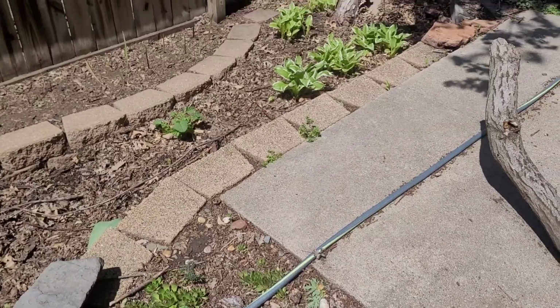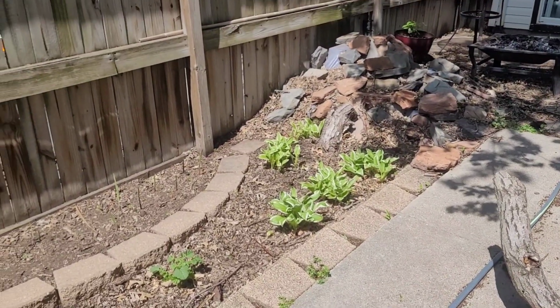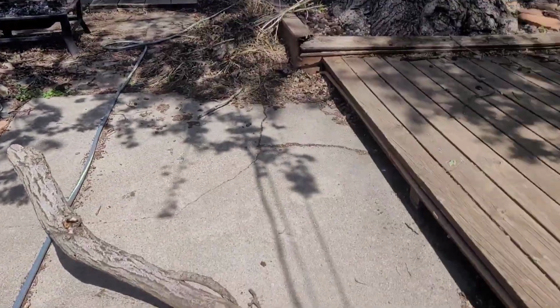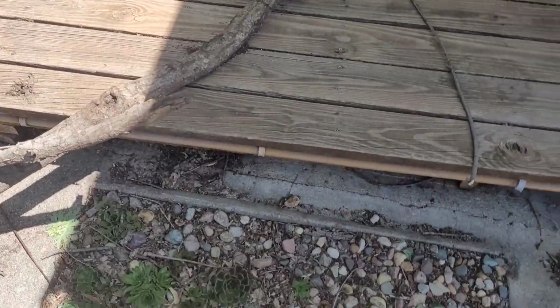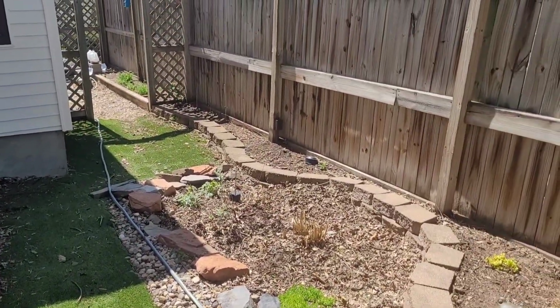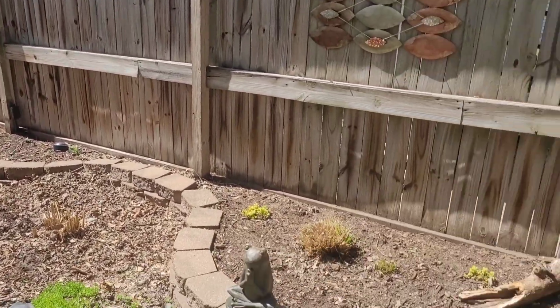It's taking time. I'm always either working or something like getting sick on my day off happens, and that kind of throws a wrench in my plans. But it's a work in progress, and I am excited about what it's going to look like by the end of this summer,